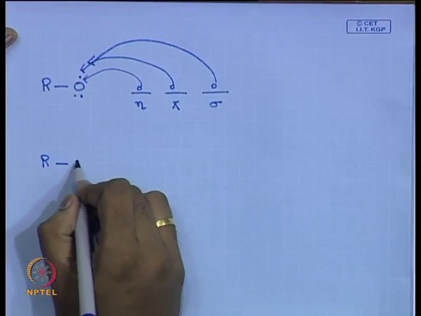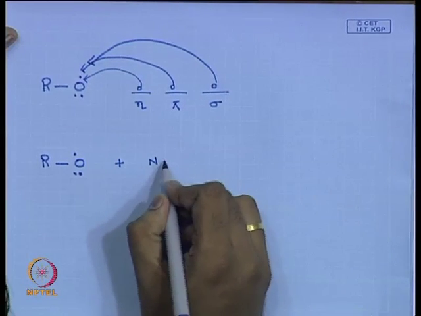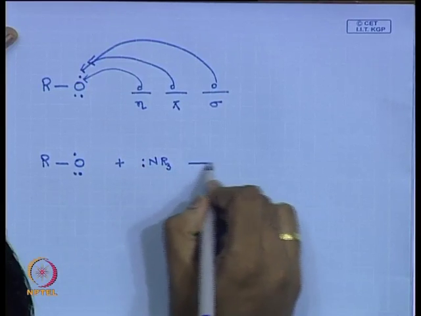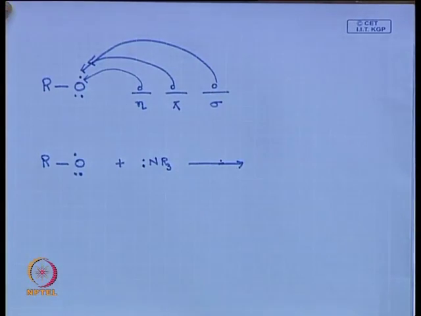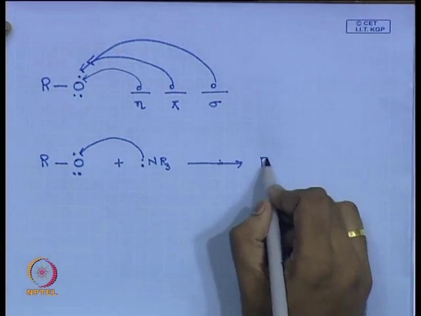For example, I have an alkoxy radical. I have a trialkylamine in the system with my alkoxy radical. What does the alkoxy radical do? It can abstract an electron from your nitrogen, right. This non-bonded electron it can take. So, you can get R